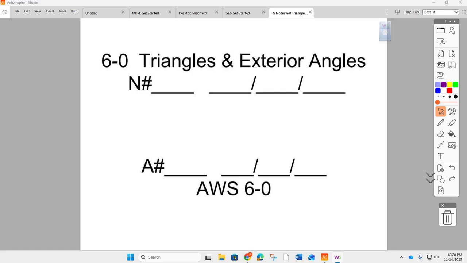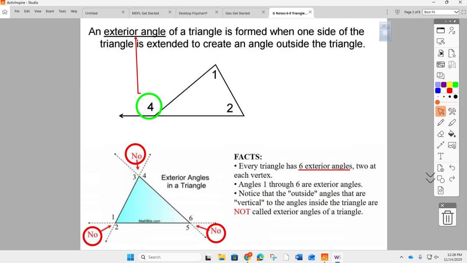We've talked about exterior angles, but not really exterior angles with regard to a triangle, and that's what we're talking about today. So it says an exterior angle of a triangle is formed when one side of the triangle is extended to create an